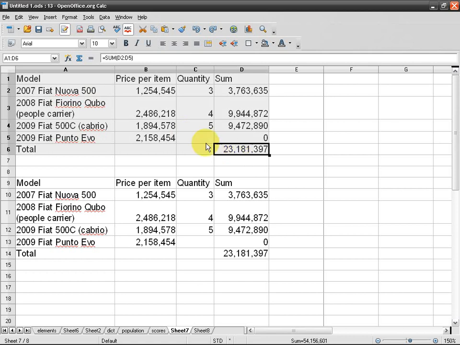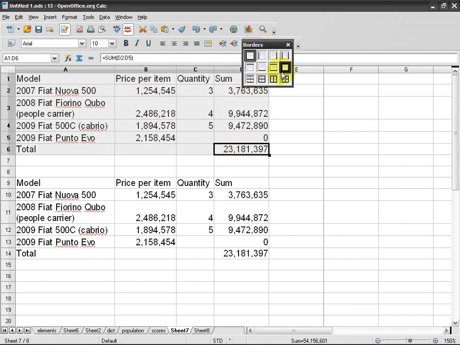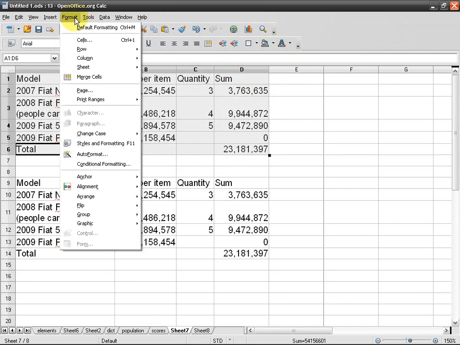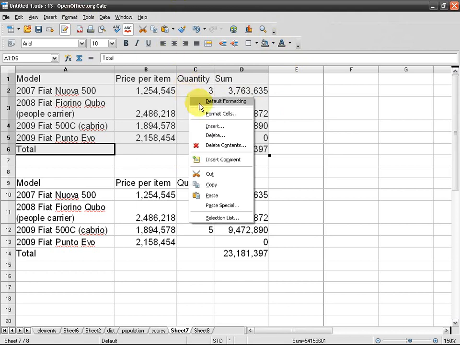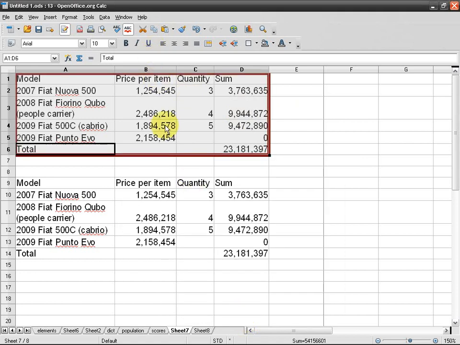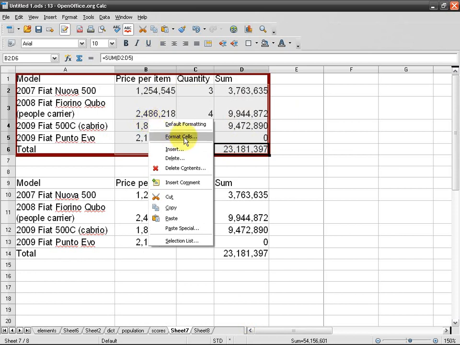So first of all, start by applying the format you need. For example, I want the table to have borders all around. So there you go, you've got all around. Okay, let's go like this and click Format, Border. So the all around, and I want something like this, and it's going to be red. There you go. And then I'm going to have the numbers here, let's say Format Cell, only these,